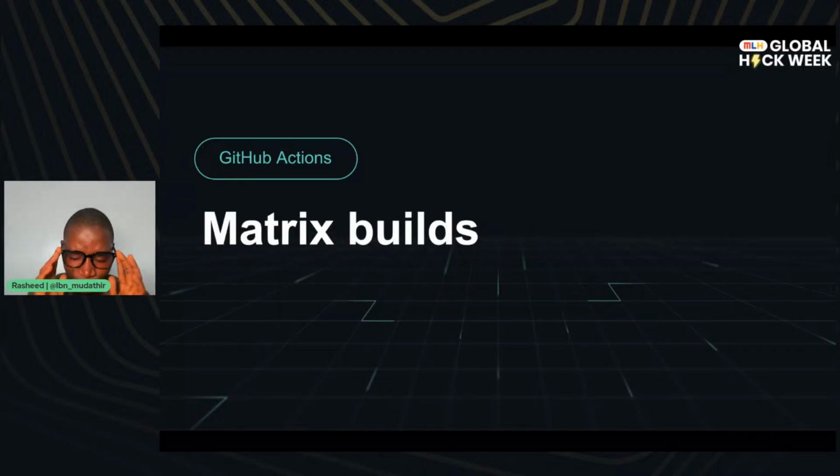You also have the ability to do a matrix build. Okay, a matrix build is like having multiple actions running, getting scheduled. You can run on different operating systems at a time. That's a matrix build: running on different OSes. Say I want to test whether my software will run on Windows 10, and it will. I want to check as well whether it will run on Windows 11. I can do that through the matrix build. This is one of the capabilities and powers given to you by GitHub Actions as well.